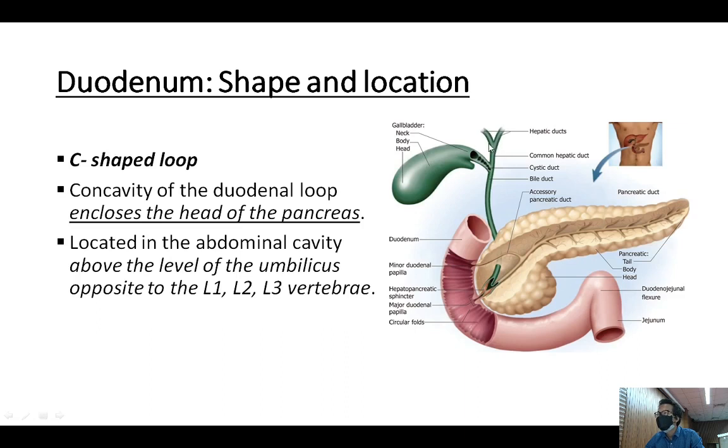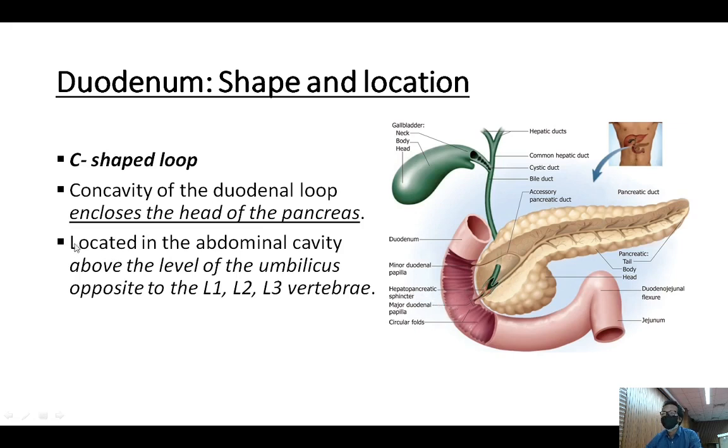The 2 hepatic ducts join to form the common hepatic duct, and this common hepatic duct plus the cystic duct forms the bile duct, and this bile duct will open just before the opening, together with the main pancreatic duct, and this whole thing is known as the hepatopancreatic duct